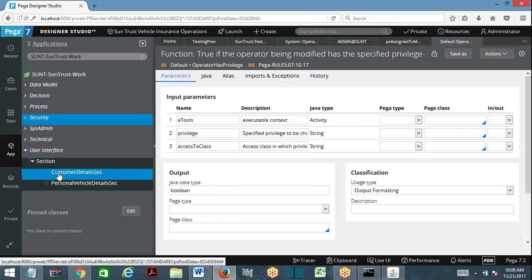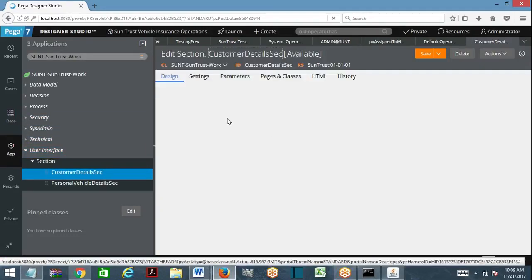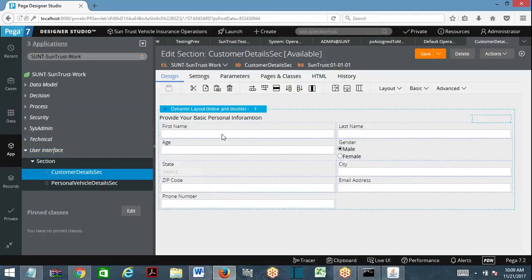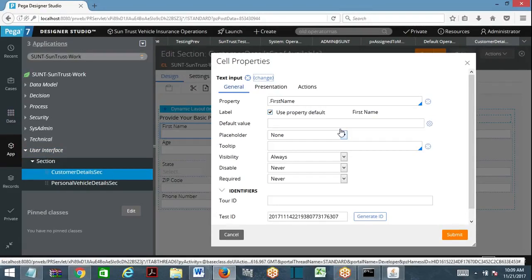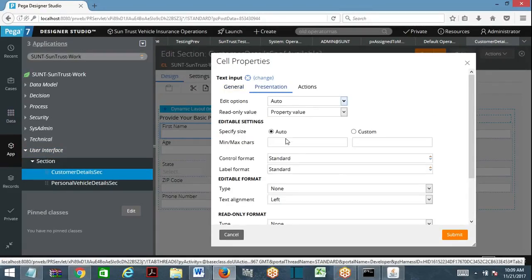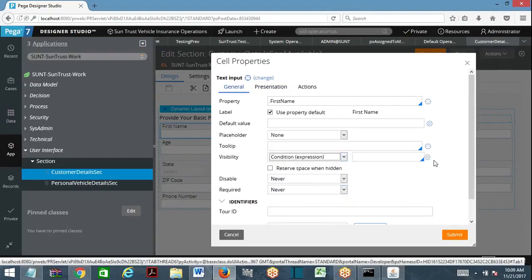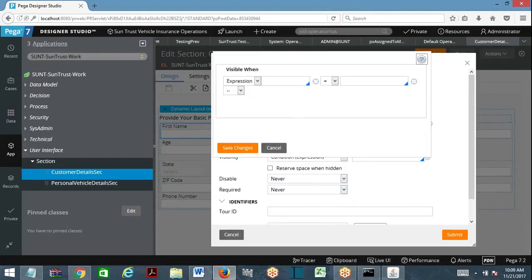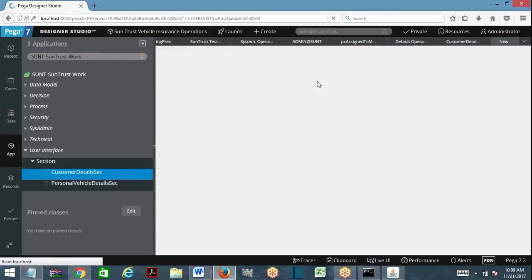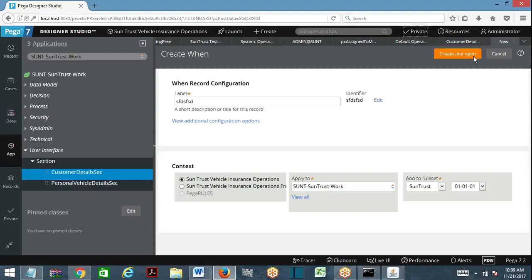Hang on. In the UI, suppose visibility. This is the visibility condition I want to apply. Presentation, across the visibility, expression. What is the expression? Here I'll go with one condition.